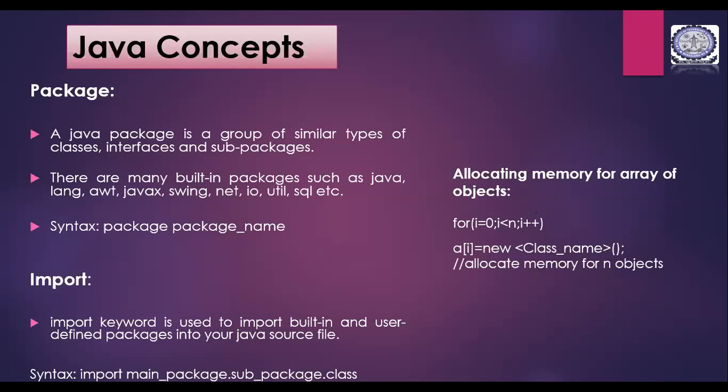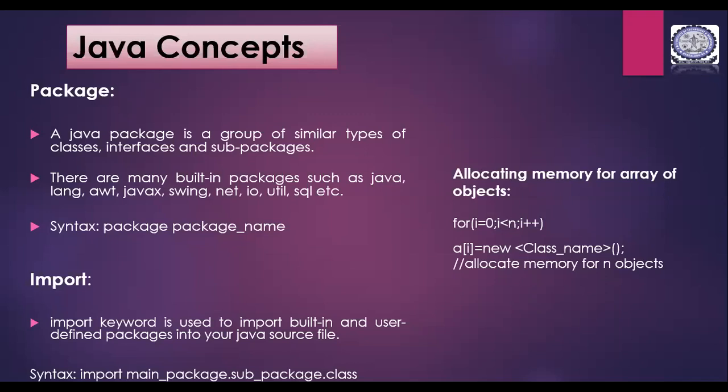So defining the values for one object is fine. You do not require any for loop here. But when you have to have too many, so here in your program it asks for 3 steps. So you have to have an array for maintaining the values for these 3 steps, right? The record for these 3 steps have to be maintained. So here you use a for loop, and you initialize n to the number of steps that you require.